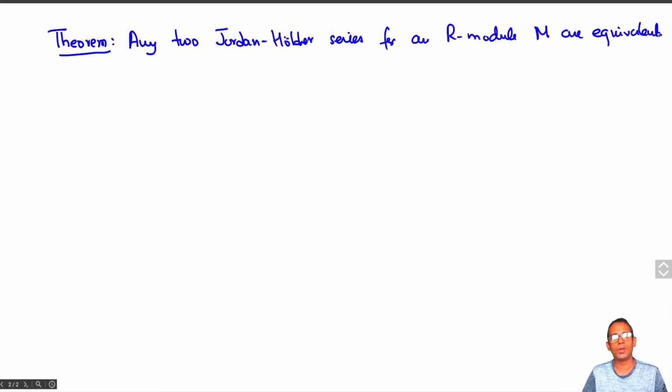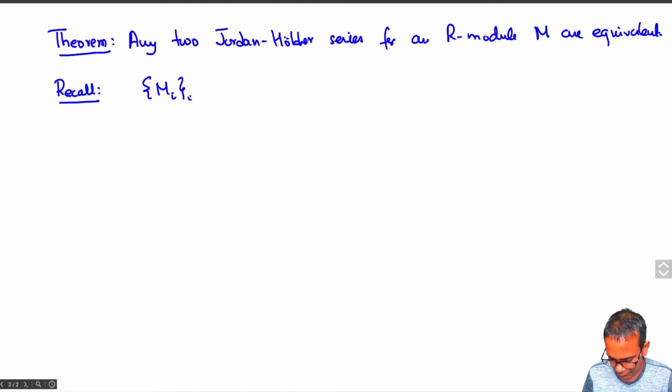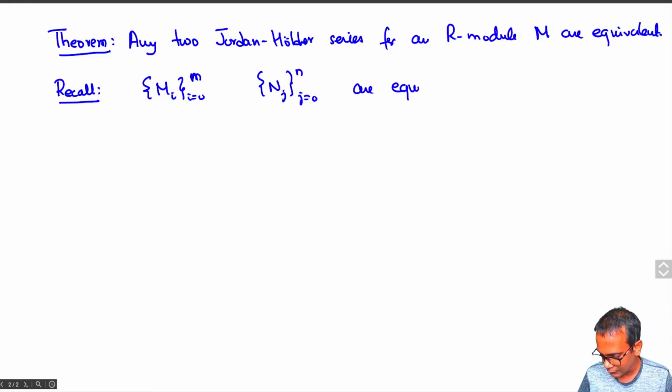Okay, so let's just decode what this is. Firstly, I'm not claiming that an R module has a Jordan-Holder series. I'm just saying that if it has two Jordan-Holder series, they must be equivalent. So recall what this means. This means that if you have Mi, i equals 0 to m, and Nj, j equals 0 to n, are equivalent